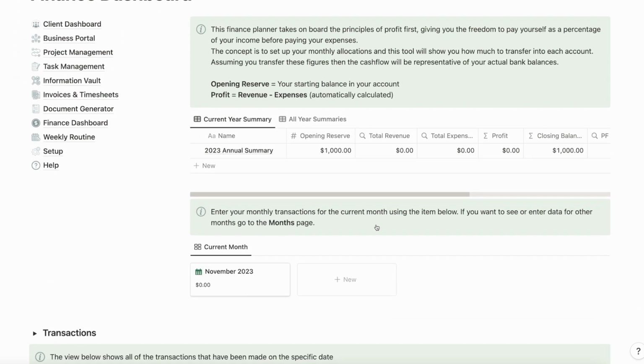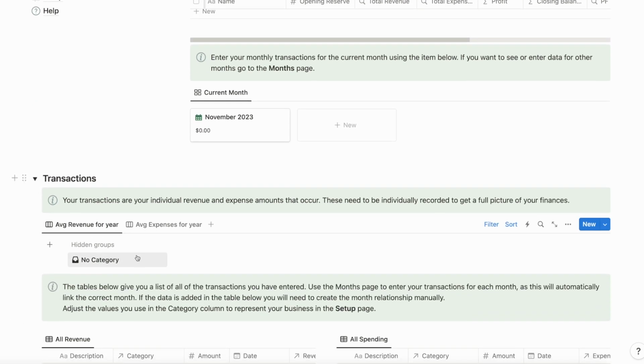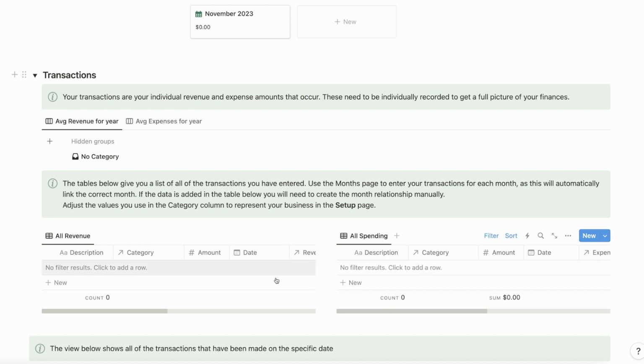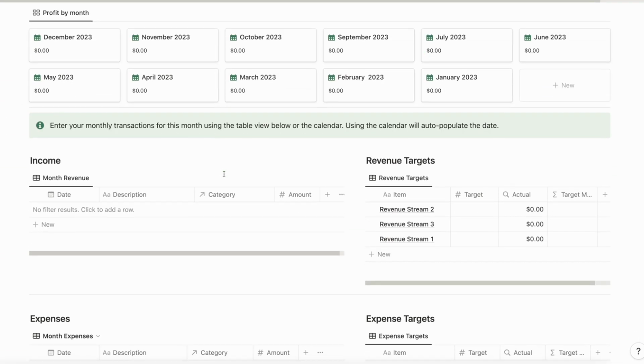Once you've got all of that set up, your annual summary will be running along all the time. This is just the information. It's not about entering the details in that. It's just taking all of the information that you're inputting on a month-by-month basis. Within here, we have transactions, so it can show you all of your revenue and all of your spending. You may choose to enter them individually here, but if you do that, you have to allocate the month. So it's easier to click on the month. That will only show you the month that's relevant, and you just go in and say